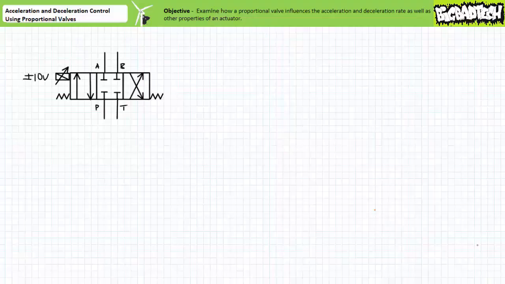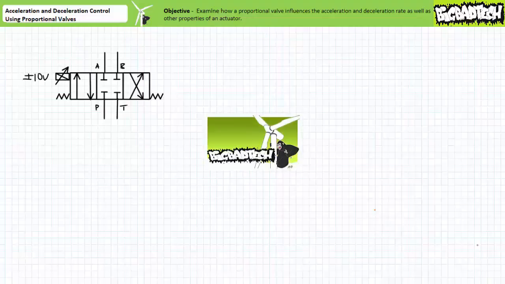I'm your instructor, Jim Pytel, and today we're going to take a quick look at a hydraulic system making use of a proportional valve to control the acceleration and deceleration of a hydraulic double-acting cylinder. This lecture operates under the assumption you've watched the Introduction to Proportional Valves lecture available at the Big Bad Tech channel. If you haven't watched this lecture yet, or only dimly recall its contents, please take the time to do so